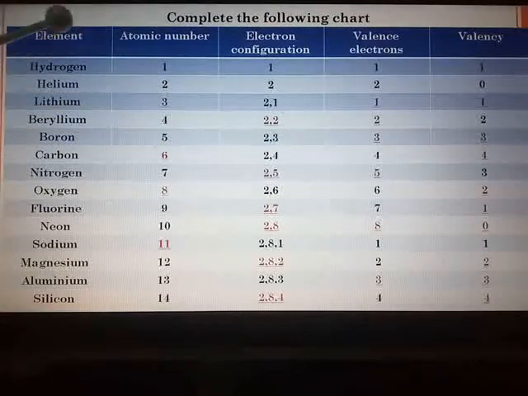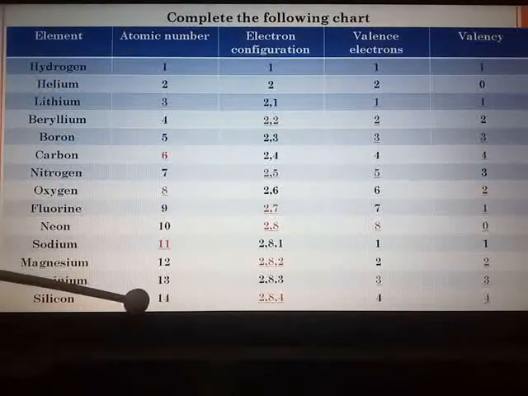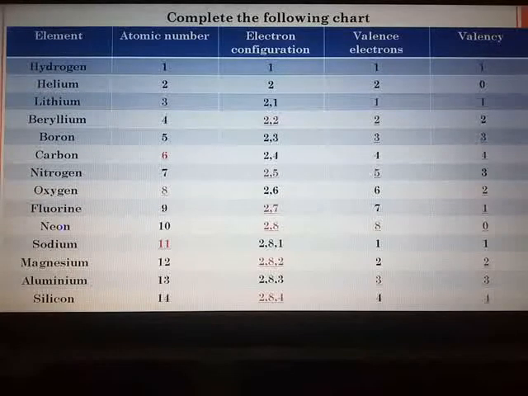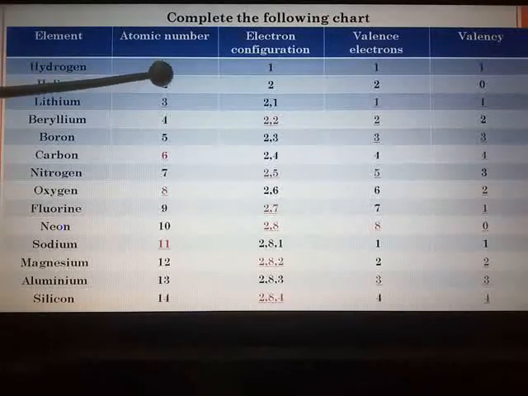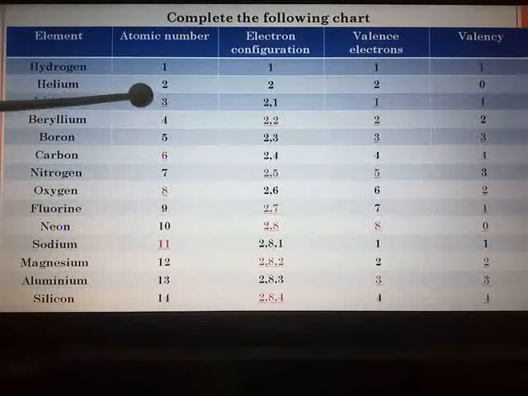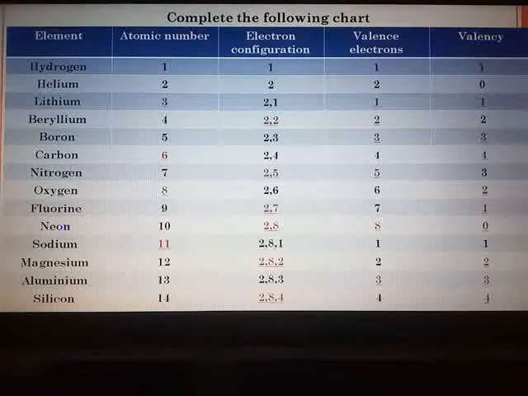The atomic number of hydrogen is 1, up to 14. So wherever places are blank, immediately you have to fill in their atomic numbers. Hydrogen is 1, helium is 2, lithium they have kept blank, so you are going to fill in 3 there. And hence I am telling you the textbook should be open. So simultaneously this activity will also get over. During the activity discussion, I won't take up this complete the chart activity again.